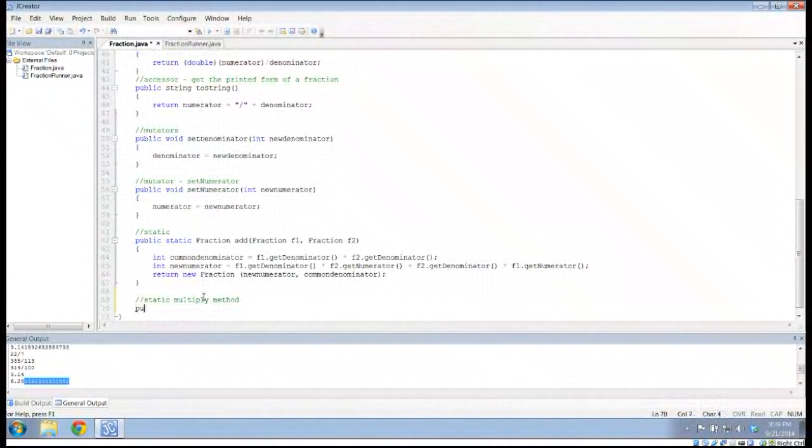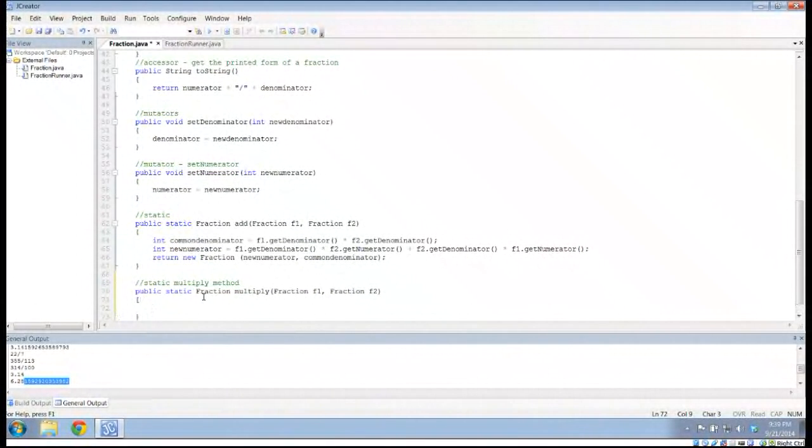So I'm going to do public static fraction multiply with fraction f1, fraction f2,